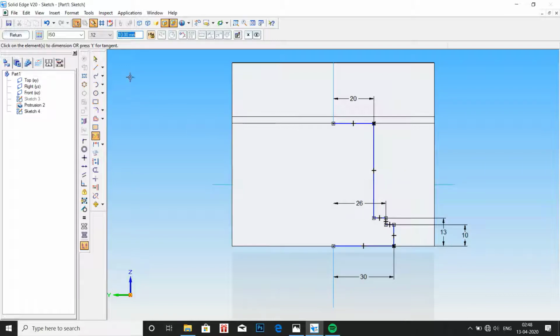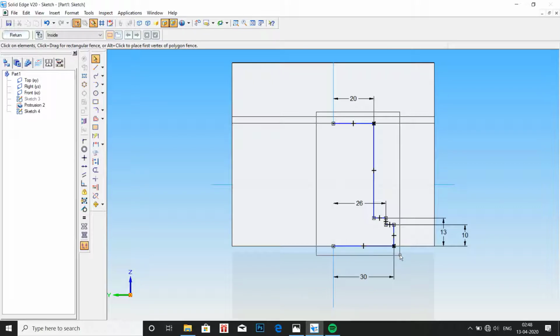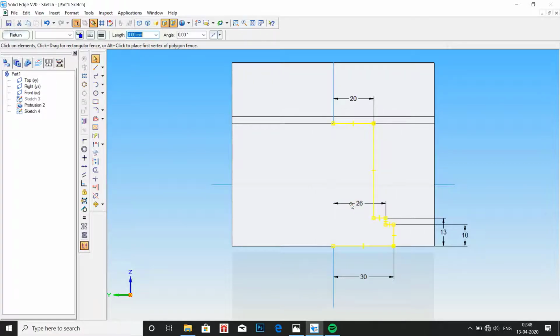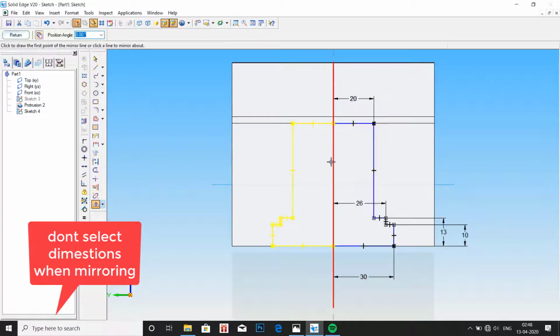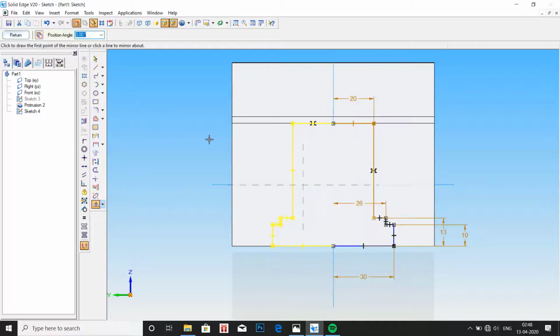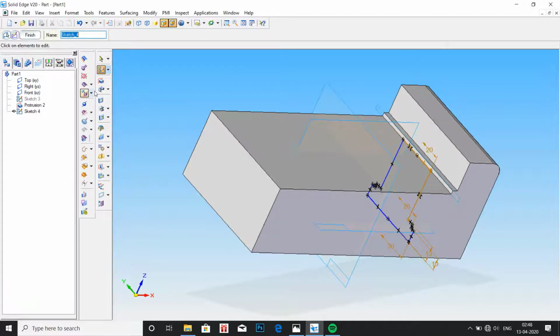Once you are done with dimensioning all the lines, select all the lines, and then using the mirror option produce the other half, and deselect the dimension, and now go to mirror, select the center plane, and here we can have the complete profile. Now click on finish, go to cutout.